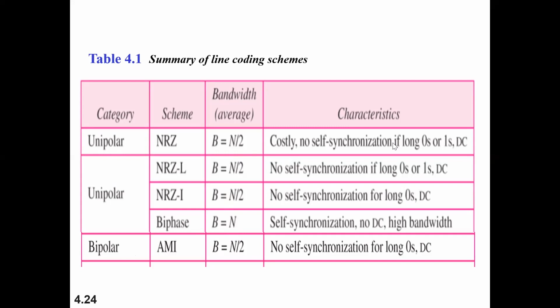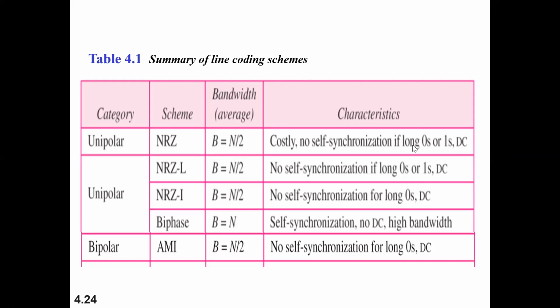If a long run of zeros comes, it will be lying on the reference point itself. We will not come to know whether a bit has been transmitted or somebody has asked you to wait for a certain amount of time. If a large number of ones comes also, and it is lying on the same amplitude level, then there is no change in it. If no change happens, then it will be in the idle state. So that's what it will be thinking.